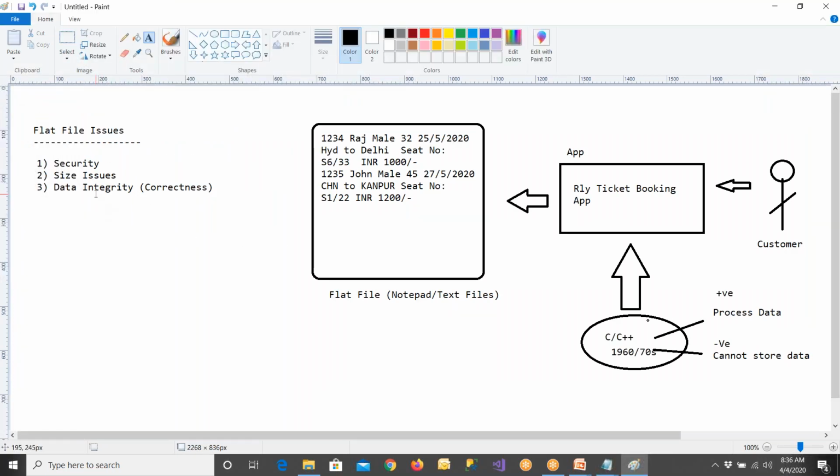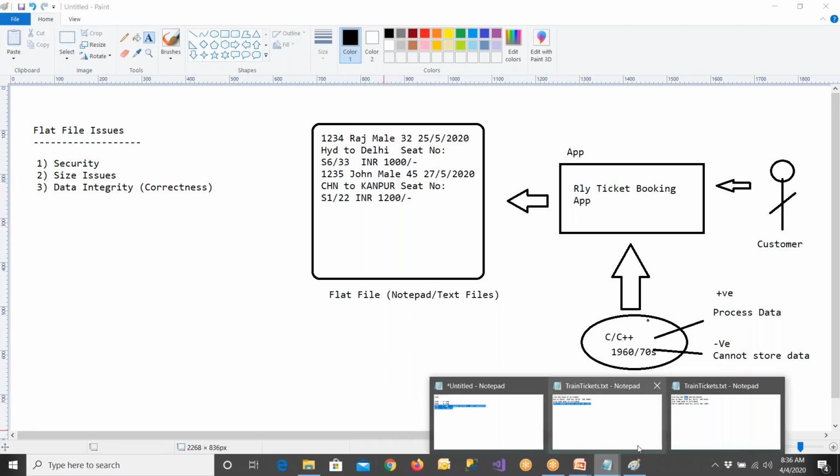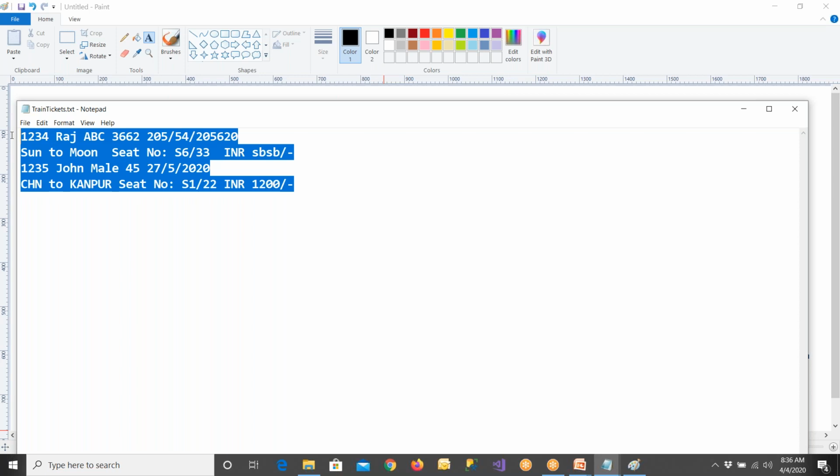If anybody got the privileges to go here, they can easily tamper the data, they can easily delete the data, or whatever data they're inserting can be easily modified. So correctness will not be maintained throughout the program. If you don't have the correct data in the database, tomorrow people will not be interested in this type of application. For example, you go to Citibank and you want to know your balance, and your balance is $1,000 or 1,000 rupees, and the computer is telling you $500.